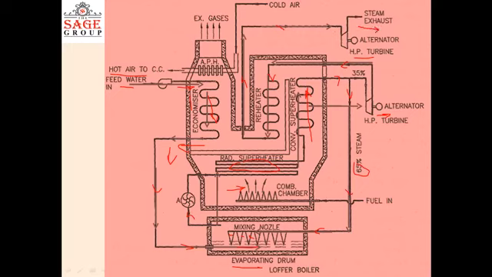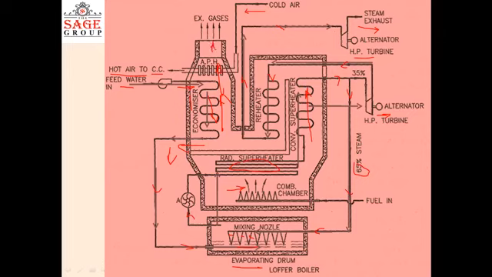So actually this is the whole operation of this boiler. You can see here this is the economizer section. The combustion gases, after passing through the radiant superheater, convection superheater as well as reheater, will pass through the economizer section, and then through the air reheater section, and after heating the air which is coming from the atmosphere via this passage, they will be exhausted to the surroundings.